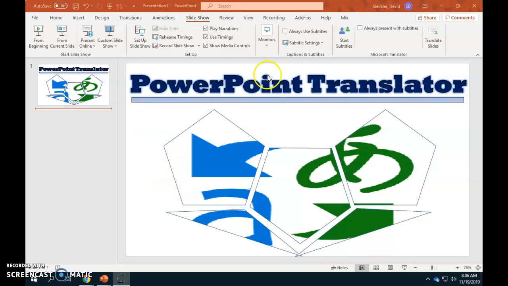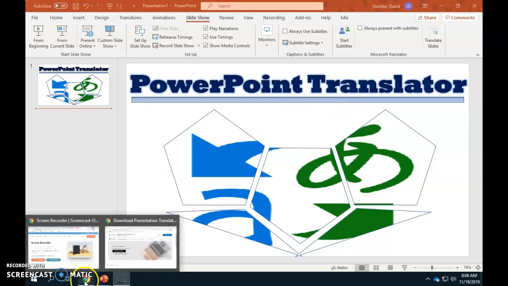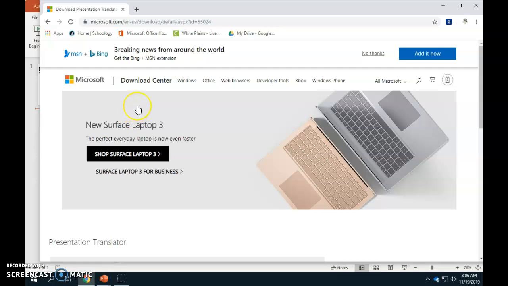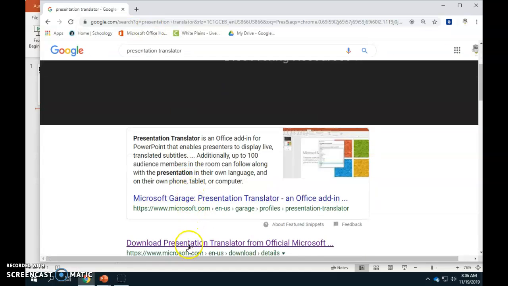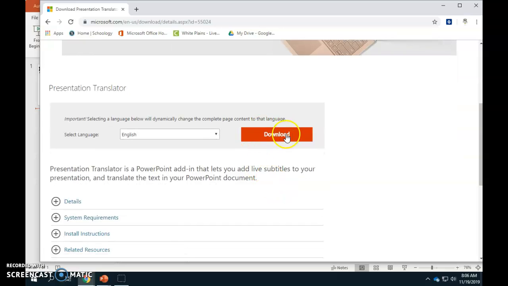So I want to show how to use PowerPoint Translator. PowerPoint Translator is an add-in for Microsoft PowerPoint that will let you translate into any language. In order to use it, you have to have installed the Translator by simply going to Microsoft and Googling Presentation Translator. The first link will then allow you to download this add-on, and once downloaded, it will be in PowerPoint,